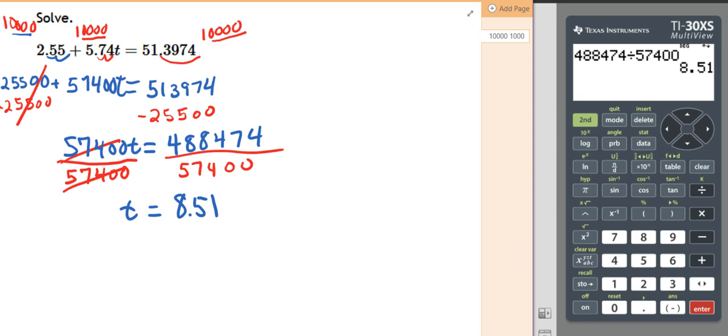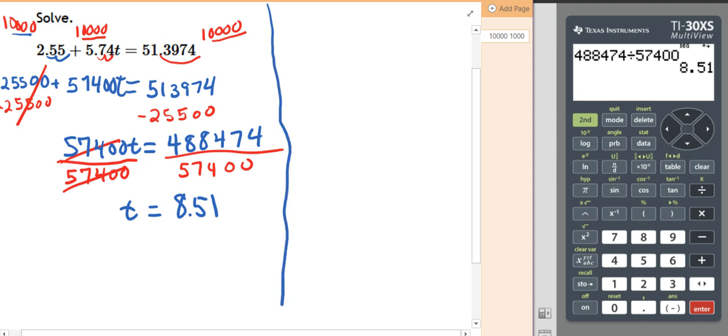All right, I'm going to do the same problem. See if I have enough room here. Maybe I can scoot this over a little. I'm going to do the same problem, and no, it's not going to let me do that. Okay, do the same problem and leave the decimals in. So this is a different way, and it's fine to do this if you have a calculator. All right, so I have 2.55 plus 5.74t equals